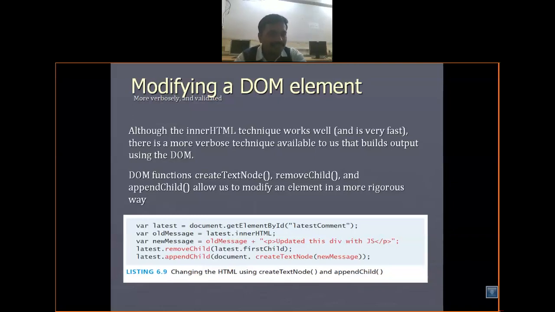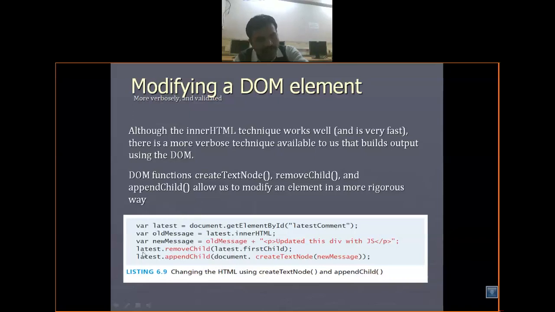In this case, I use the inner tag, I write innerHTML, then I have to use the latest child, and then I write createTextNode. This is the way I write for the new and old. So the inner tag is used.